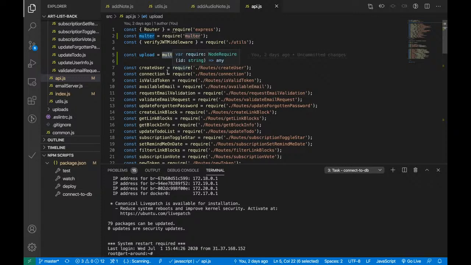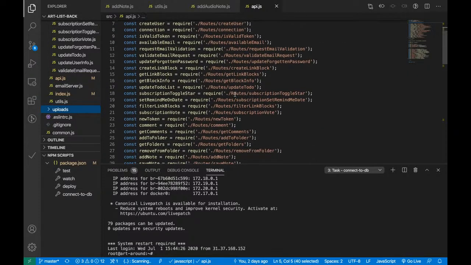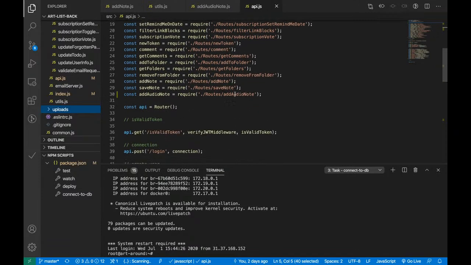Multer, basically this package is gonna help you create those for you,